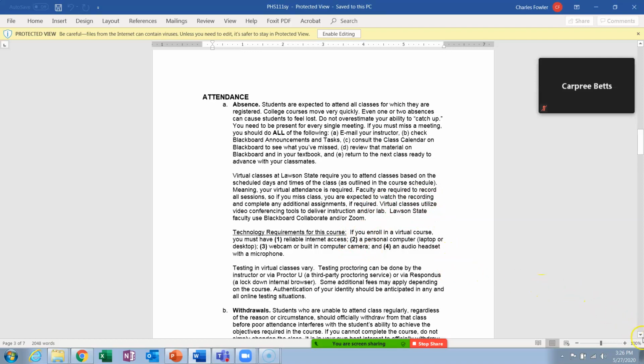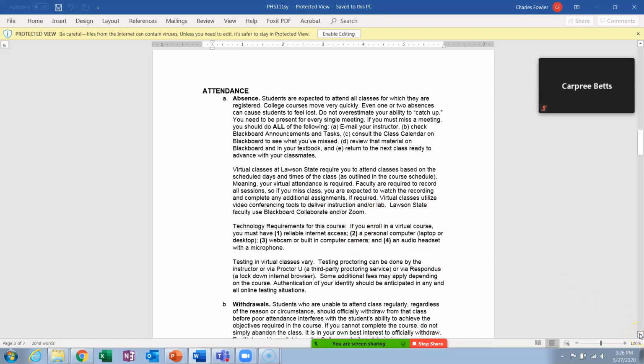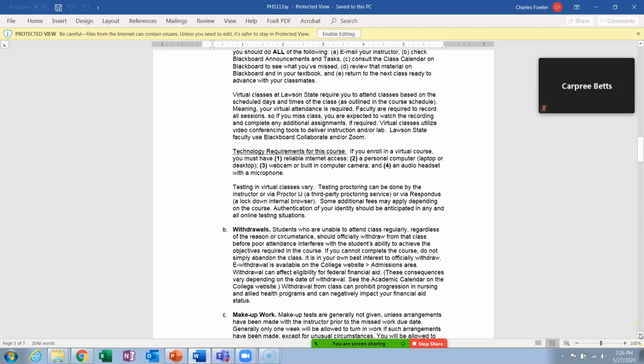Now, withdrawals. Since all of you are Lawson students, let me say a little bit about this. If any of you are on financial aid of any nature whatsoever, Pell Grant, VA, scholarship, whatever, okay, generally a D or an F is not going to help you at all, okay?